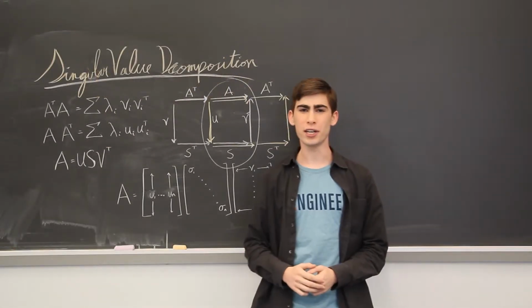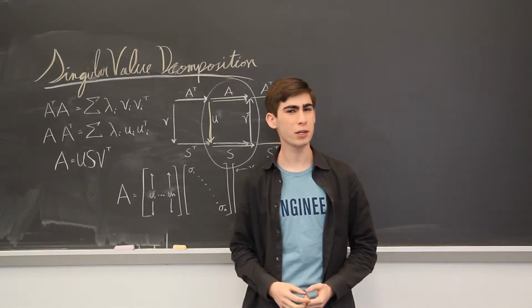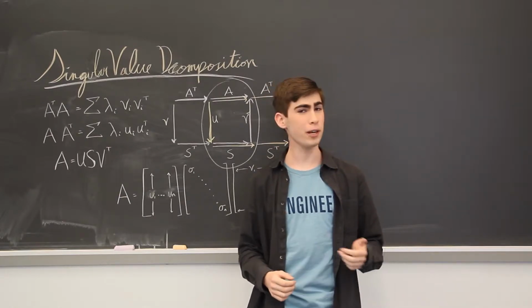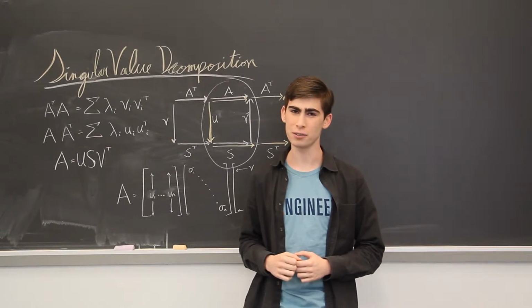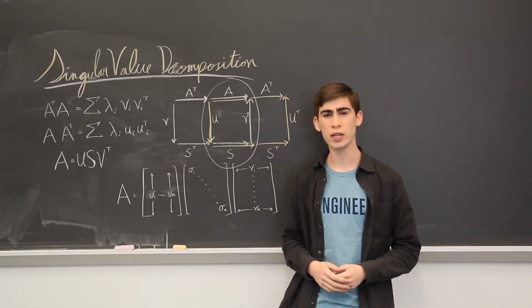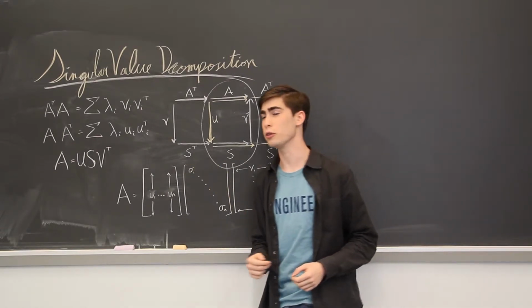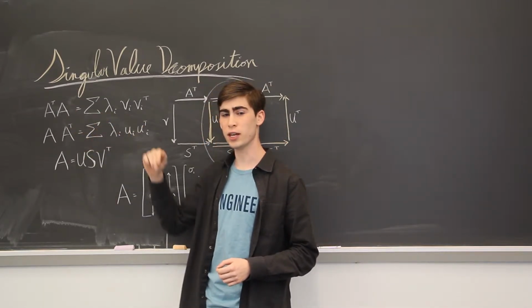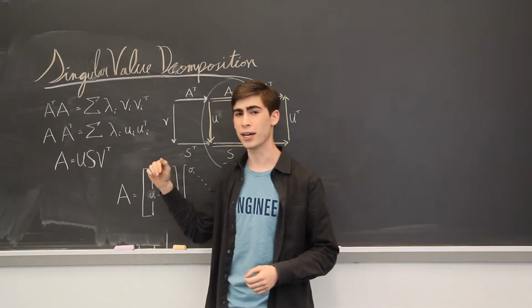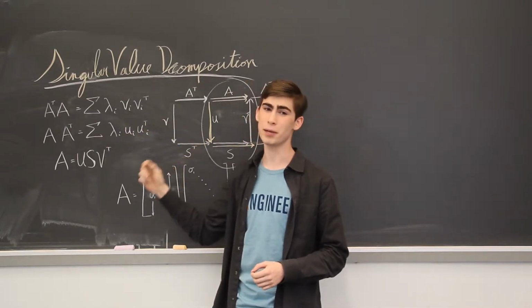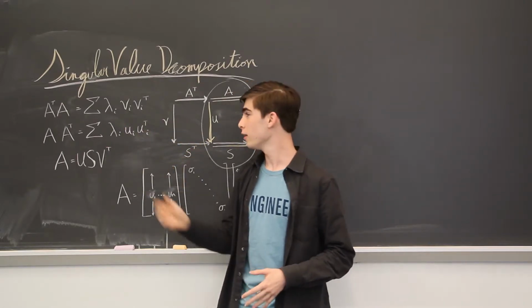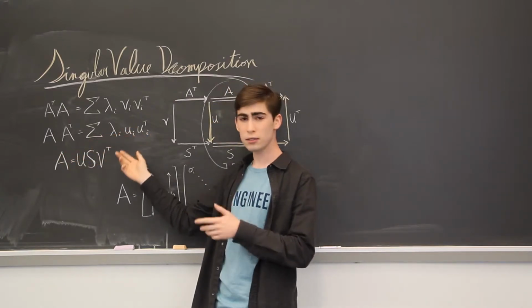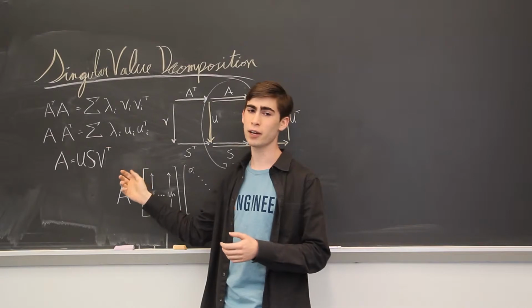A singular value decomposition is a manner of breaking down a matrix into 3 submatrices, which allows for the easy isolation of the important and unimportant values. Assuming the original matrix A, we know that these 2 statements are true. A transpose A can be represented as a sum of its eigenvalues, multiplied by its eigenvectors, and then multiplied again by the transpose of those eigenvectors. Similarly, for AA transpose, it is equivalent to the sum of its eigenvalues multiplied by its eigenvectors, and then again